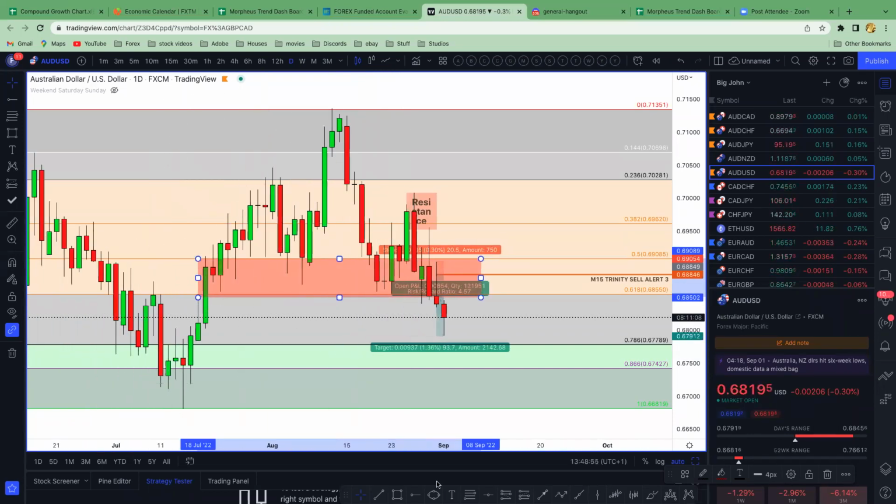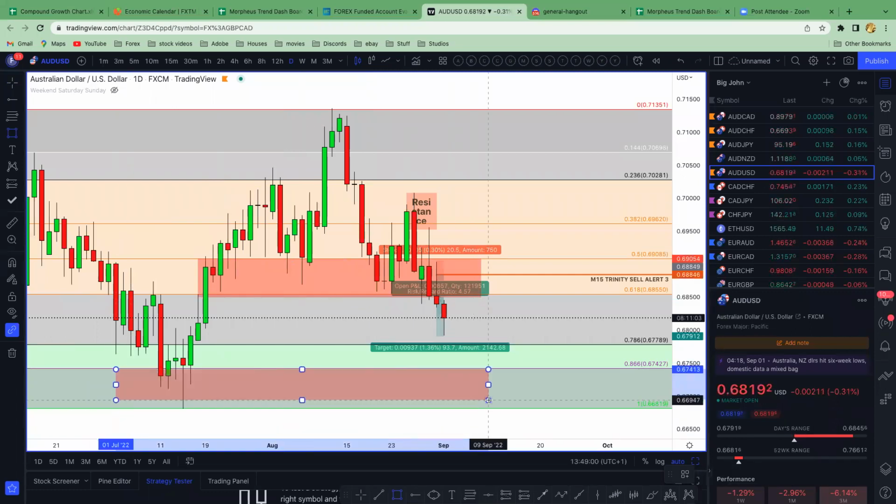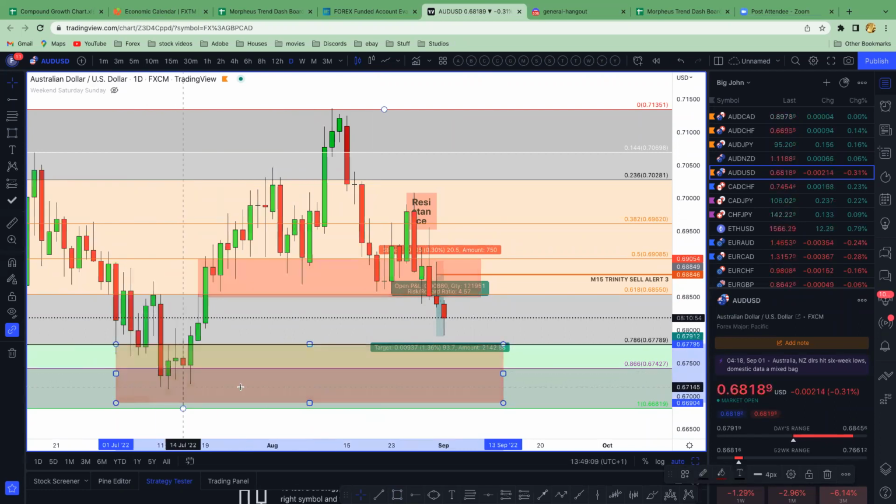So if you're looking for, let's say, a buy on AUD/USD, you'd be looking down this area here for better buys, because we can see all the rejections. So it'd be between this area here or this area here. I would say even anything between this area and this area, but it's better for you to always look for the better area. So down here would be the best area. If you get Trinity alerts for buys, 15-minute, 1 hour ones, especially at a level like this, then that would be a higher probability Trinity alert to take, for the continuation of the buy or the sell. And that's the best way to take it.